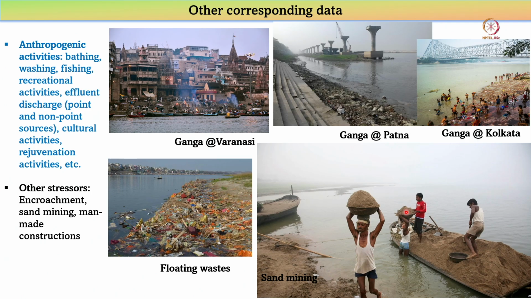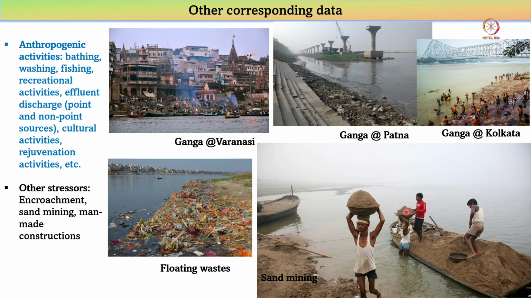Again, look at the anthropogenic stresses. There can be different types of anthropogenic activities happening. For example, in India, there will be a lot of crematorial grounds on the banks of the rivers due to the religious significance of different rivers. This might vary, but specifically the Ganga is a sacred river. Many other rivers are also considered extremely sacred: Narmada, Godavari, Kaveri. They are all considered sacred rivers, and you will find a lot of